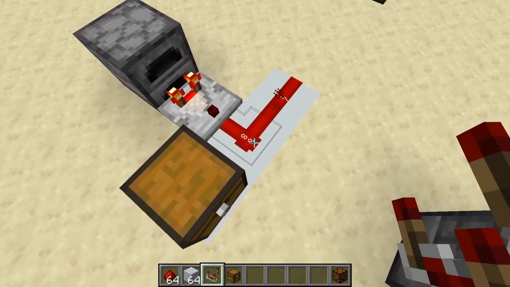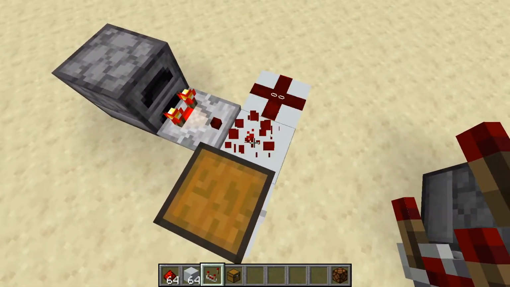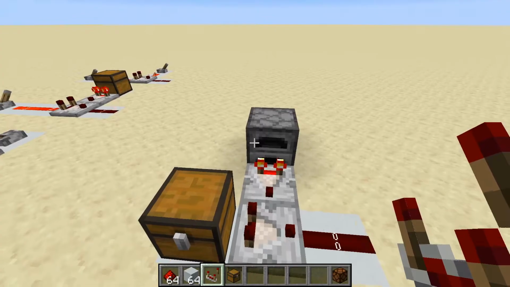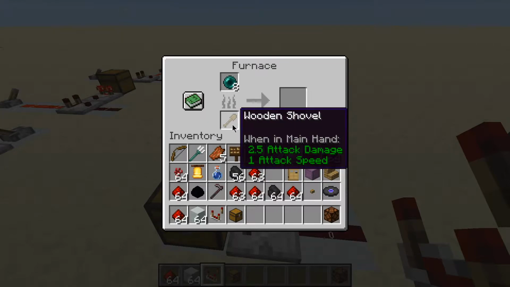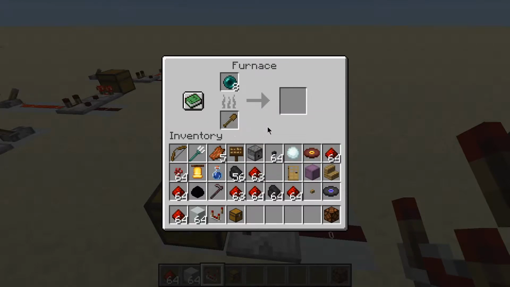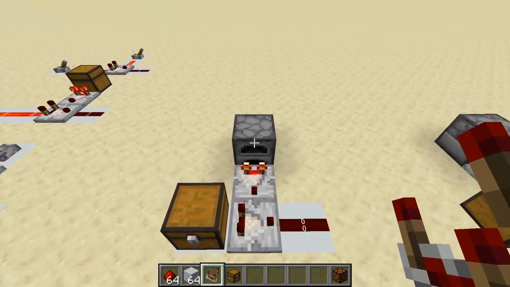Just put redstone dust out the end, and you can see that that's a signal strength of 8. And I've done that by just having 1.5 stacks. You can see I've actually used a non-stackable item that counts as a full stack. And then I've used an item that only stacks to 16, and half a stack of that is 8. So by using only these 9 items, I'm actually getting a signal strength of 8 out of that,